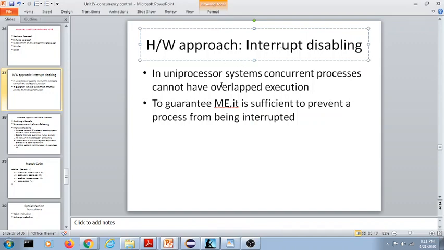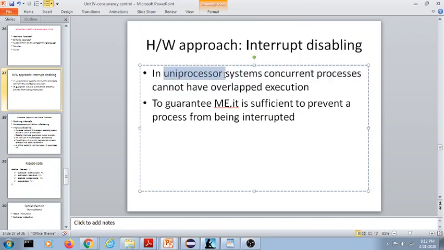We know that there is a uniprocessor system. Now what is the difference between a uniprocessor system and a multiprocessor system? In a uniprocessor system, there is only a single processor, which is working on different processes. Working on different processes does not mean that the single processor is executing all those processes simultaneously. It simply means that it is executing all those concurrent processes in an interleaved manner. There is no overlapped execution.